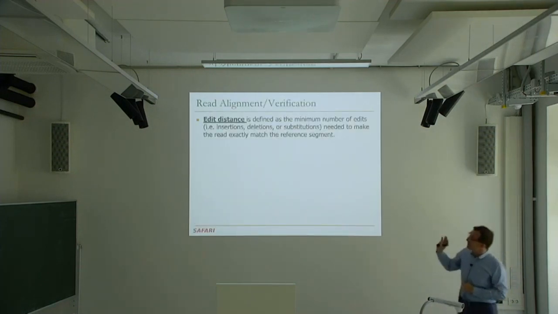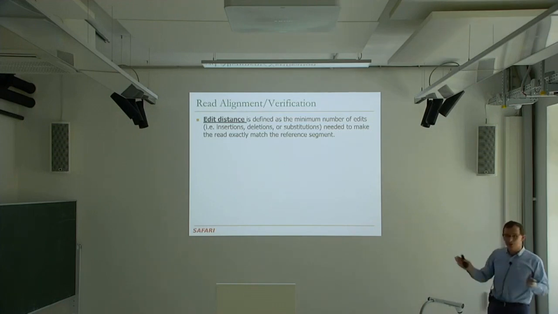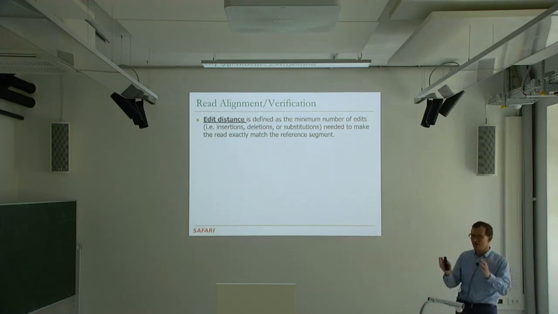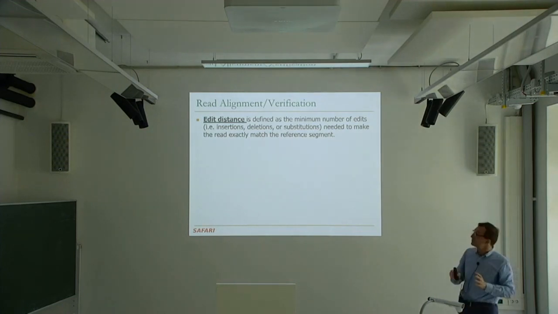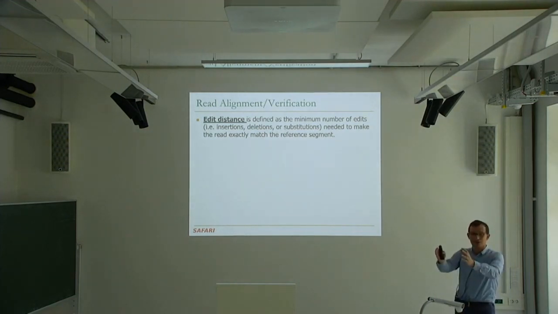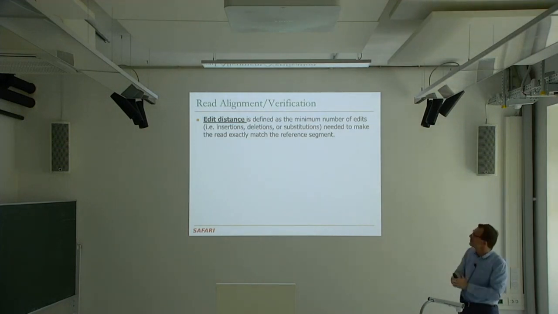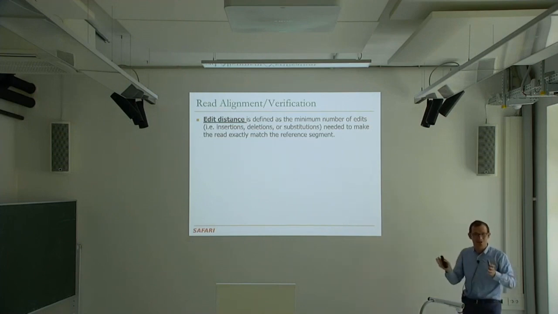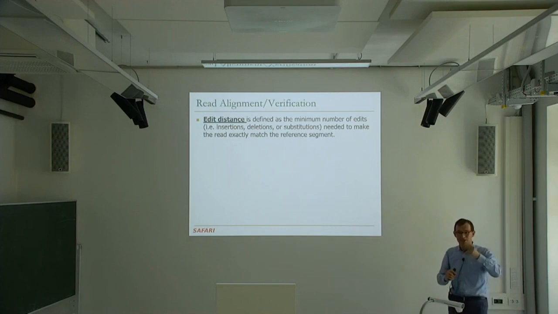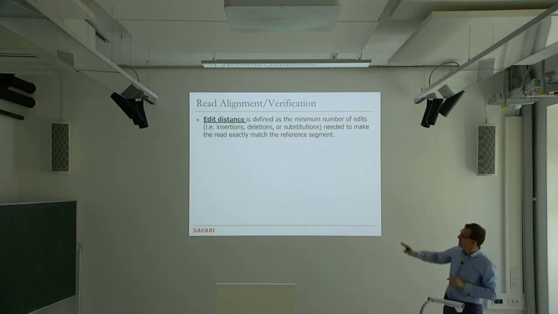So usually, the tools that were designed for this compute what's called edit distance. So you have a small sequence, a fragment or read, and you want to check whether that matches a part of the reference genome. You would like to compute the edit distance of this read with the string in the reference genome. So what is this edit distance? You know about Hamming distance, I assume, right? Everybody knows about Hamming distance? So Hamming distance computation is very simple, right? You basically check if the characters match in equal length strings. Right? That's easy to compute. This is much harder to compute because you would like to identify the differences between the strings.